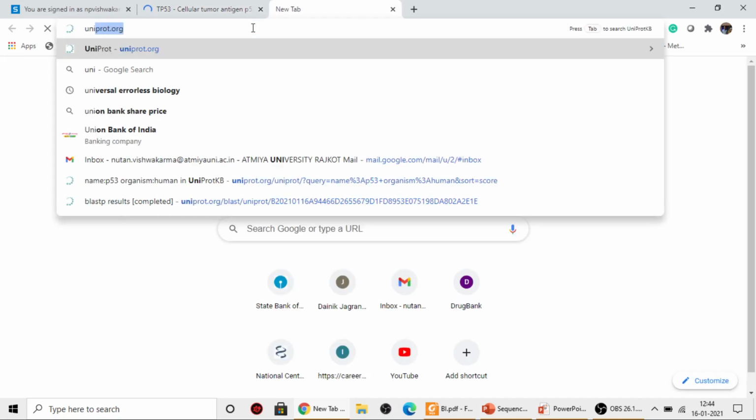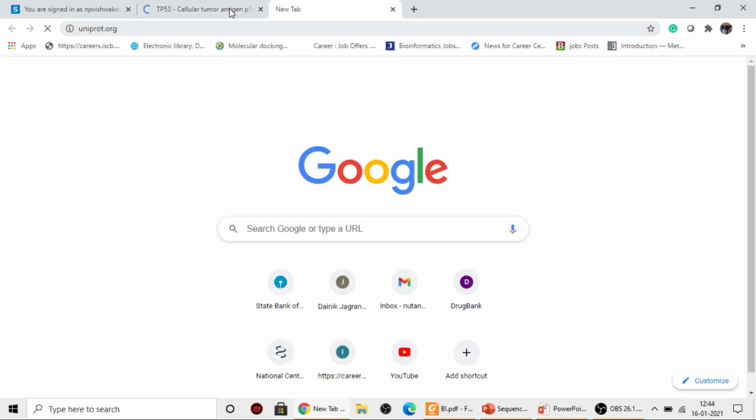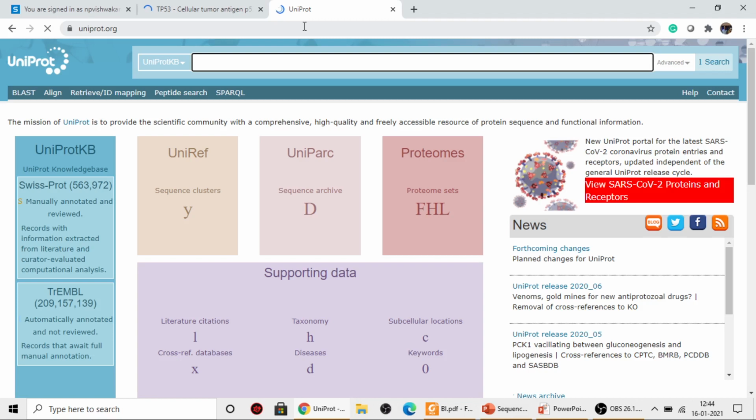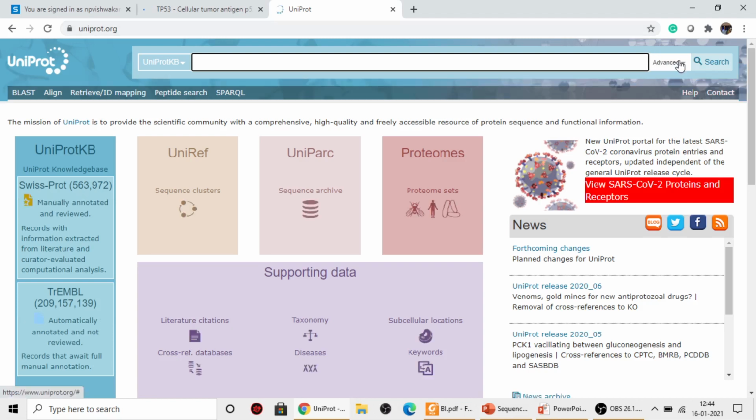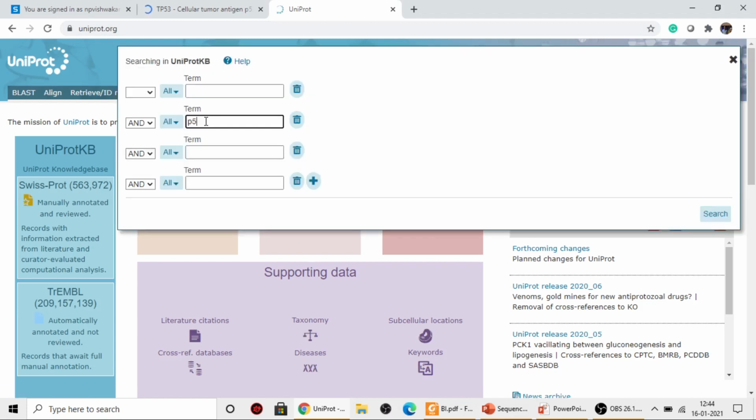Just like I did the query for the P53 protein sequence of human, likewise you can also retrieve the P53 protein sequence of mouse. So let it open first, and until it is open, I am again doing the query in the next browser for the mouse. Again I type P53.